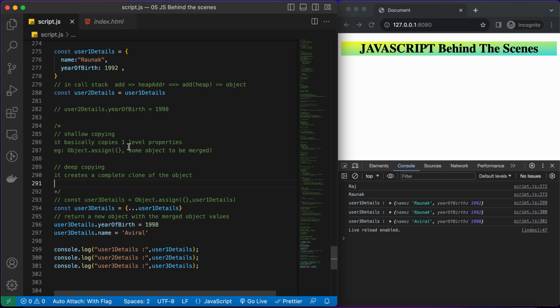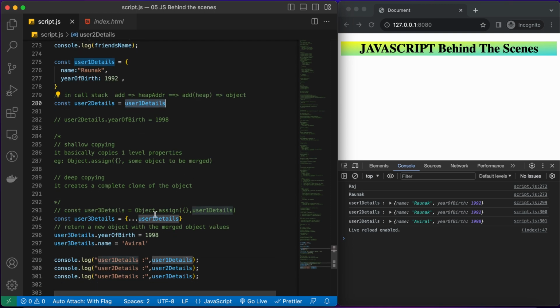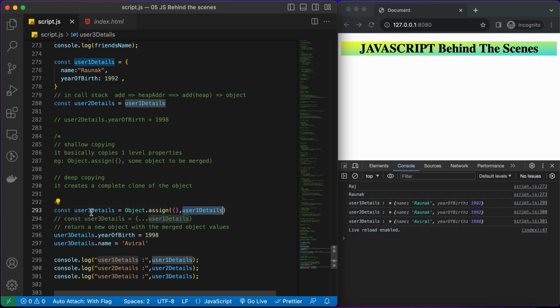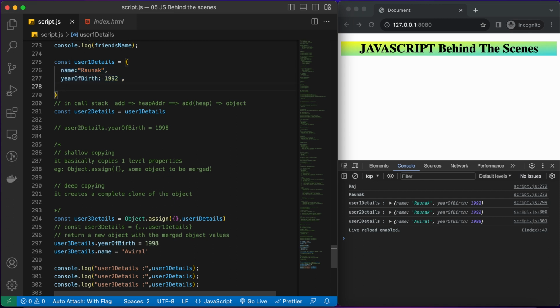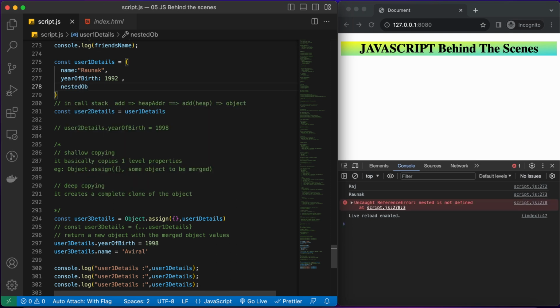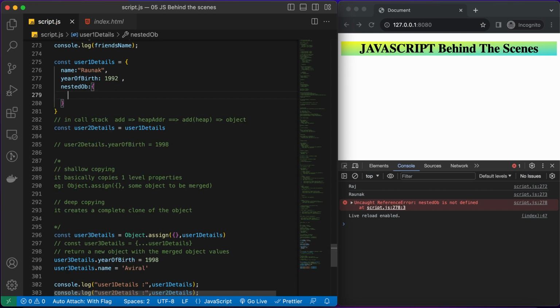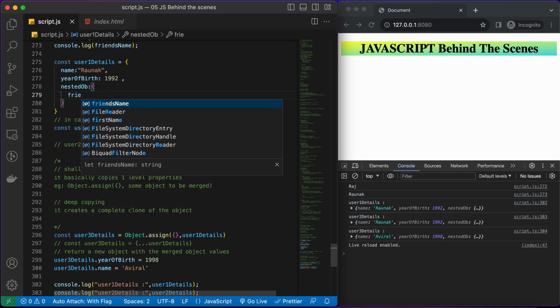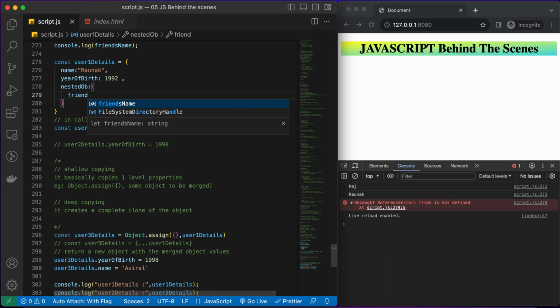What is shallow copying, what I mean by shallow copying? So right now what you have seen is like I have copied this object. Let me use the previous example itself using this object.assign, right? We only had like two keys, it's just a simple object. But what about the nested object? Let's say we have a nested object which holds some key, or let's say friends array we can use. Friend 3